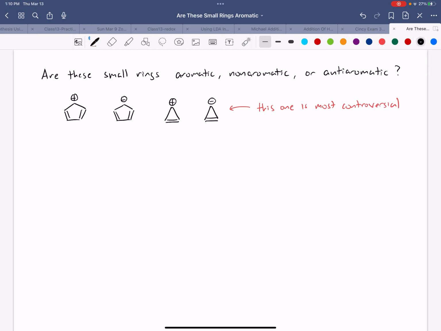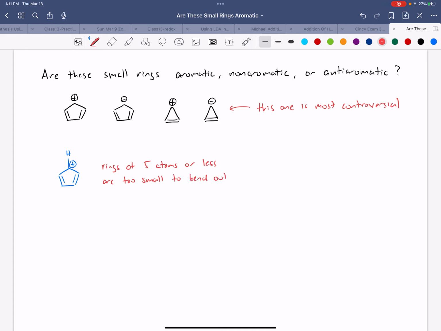So the first one is cyclopentadiene cation, and if I draw it out, we all know that a carbocation has 3 bonds and no lone pairs. Now, the first rule that we'll mention here is that rings of 5 atoms or less are too small to